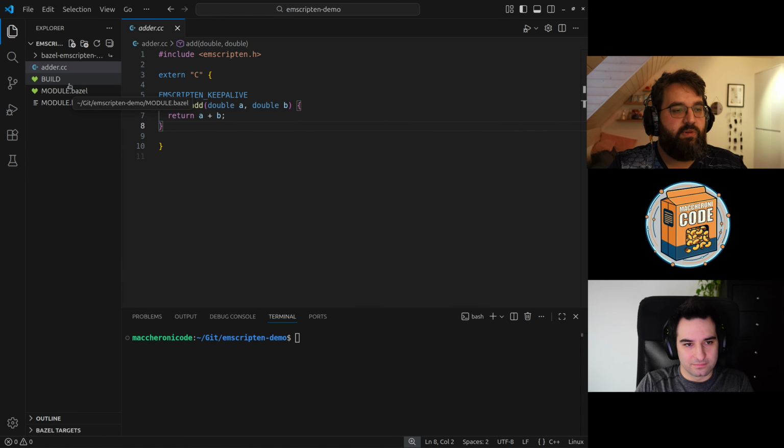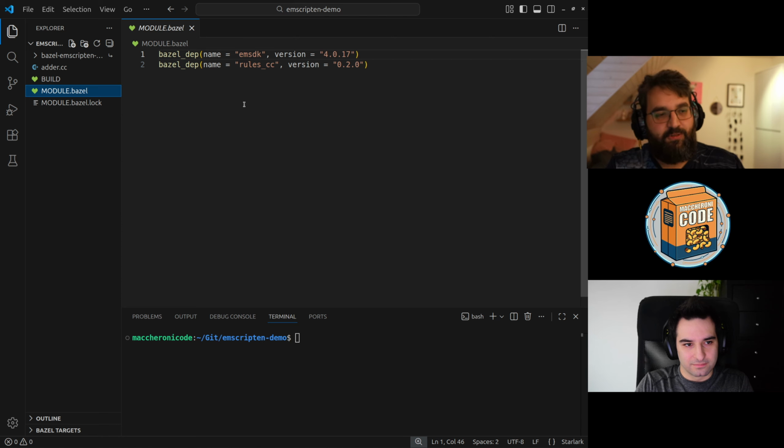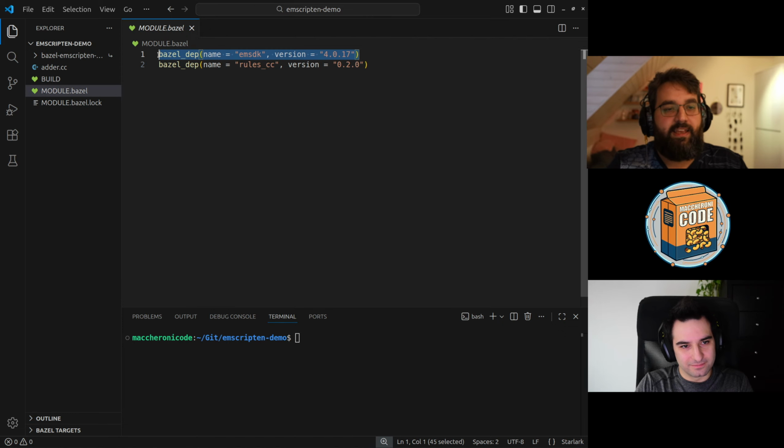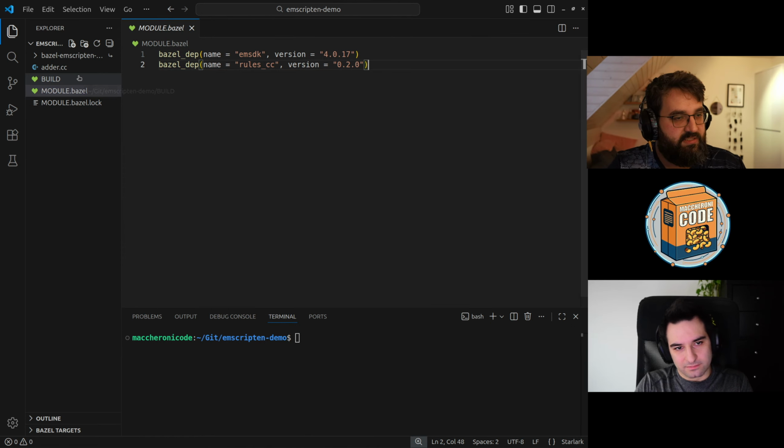What we need, as you know, is to add your dependency. Yeah, look familiar. So in order for Bazel to know where to get the stuff, we are adding EMSDK, which is the current integration dependency in Bazel that uses Emscripten, and our good old rules_cc that we used in the previous episode.